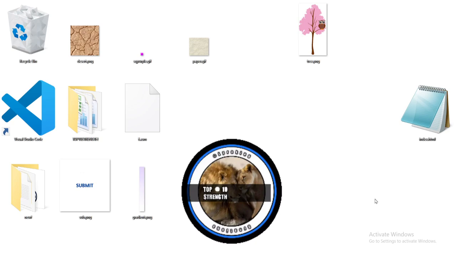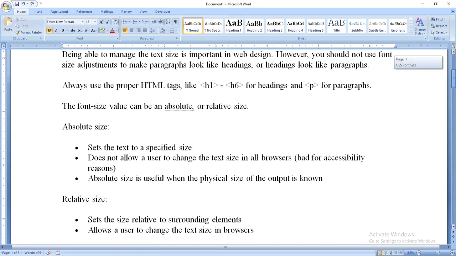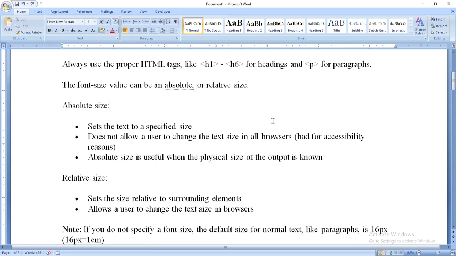Welcome back everyone. Quickly, let's continue our discussion on CSS fonts, and right now we'll be discussing the CSS font size. The CSS font size property sets the size of the text. Being able to manage the text size is important in web design. However, you should not use font size adjustments to make paragraphs look like headings or headings look like paragraphs. Note that. And also, always use the proper HTML tags like H1 to H6 tag for headings and P tag